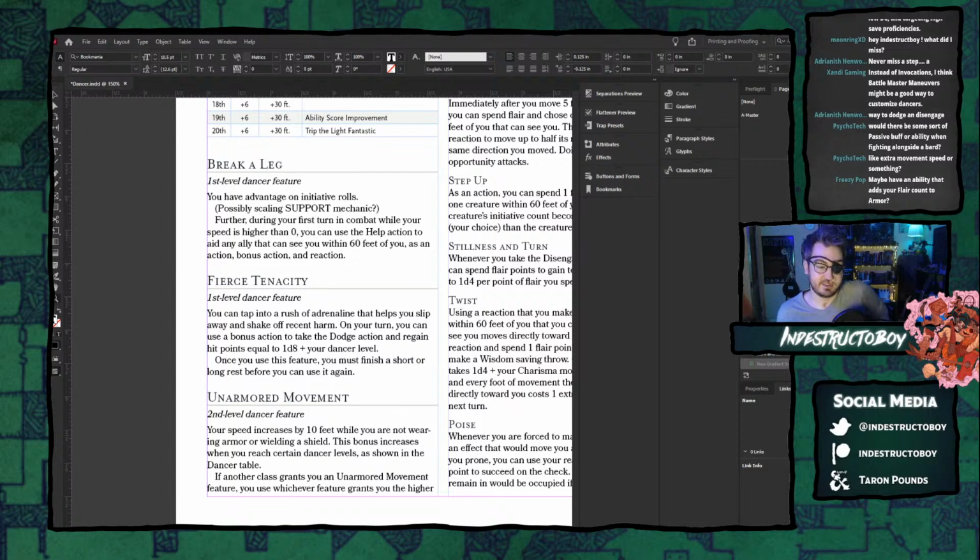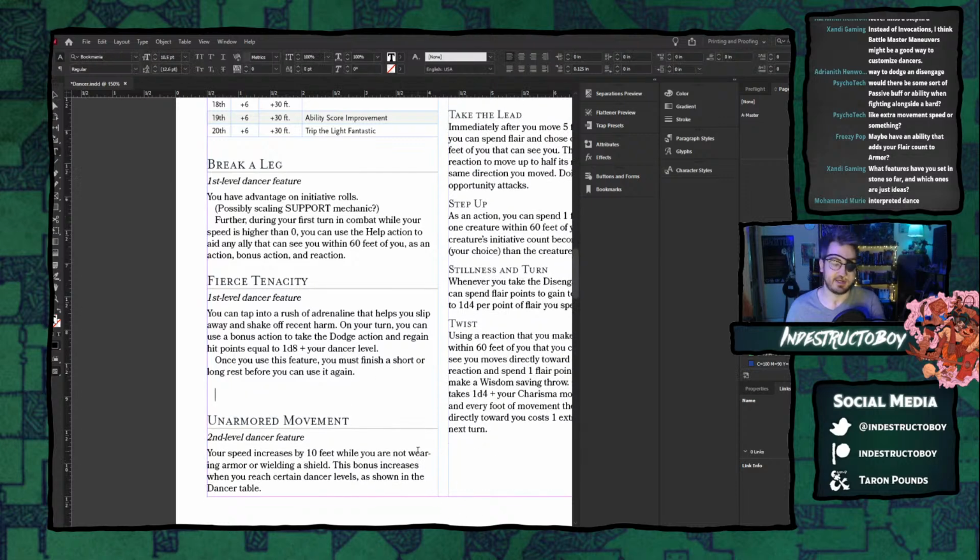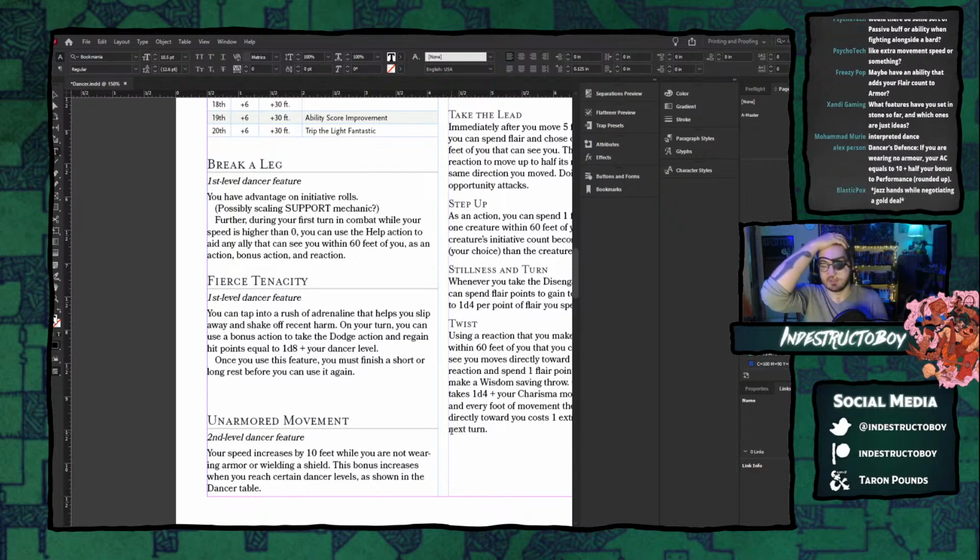Maybe if performance was... what's kind of cool there, actually? Hang on. Freezy, you may have just given me the reason to scale armor class off of their performance skill. If you can add your dexterity modifier to your performance skill, and then your armor class is equal to your performance skill modifier, that would mean that, okay, 5 plus 5 is 10, plus, we say max of 12. That would mean that as early as 17th level, 17th, 18th, 19th, 20th, yeah, as early as 17th level, your armor class would be 22,